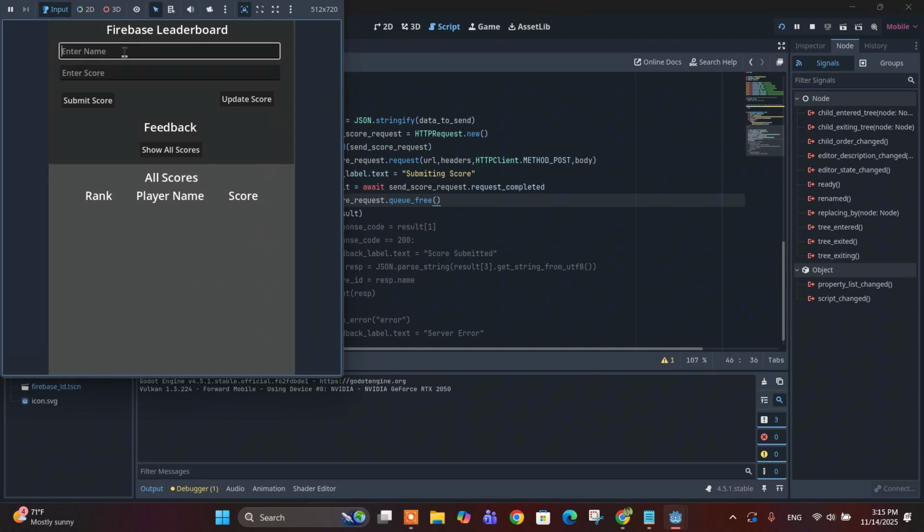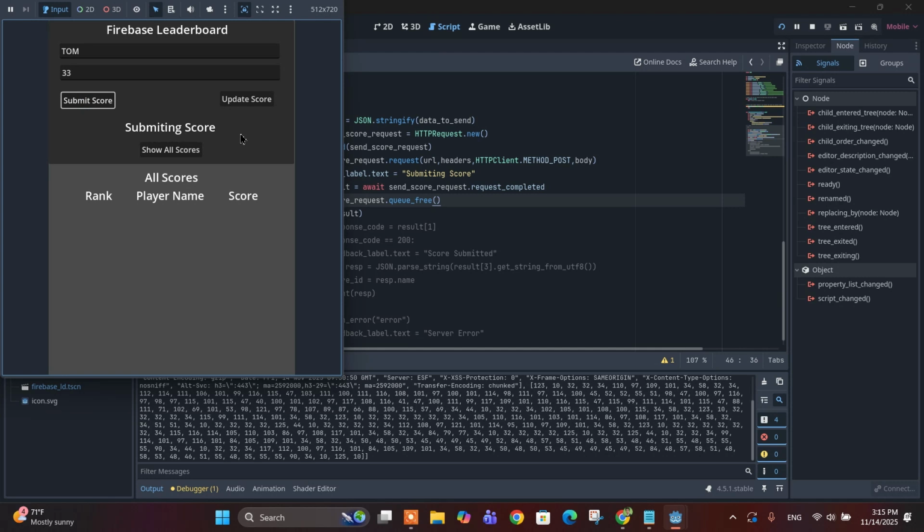Okay, let's enter a score. First of all, let's write a name called TOM, all caps, and let me give him a score of 33. So let's submit the score and see if anything happens. So this is the feedback label, we also get the feedback. So it says submitting score. Okay, and it's done. I think we have got some data here, look,